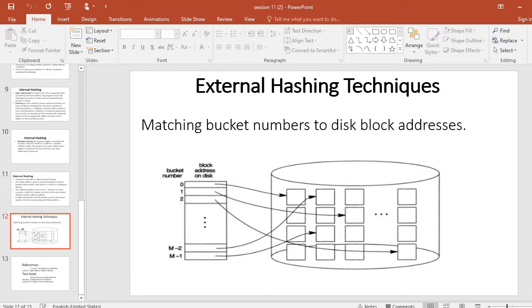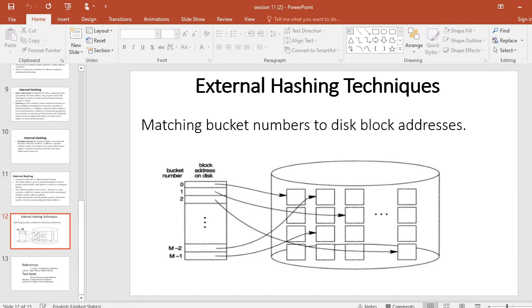In external hashing, static hashing is the hashing scheme where a fixed number of buckets m is allocated for storage of records.